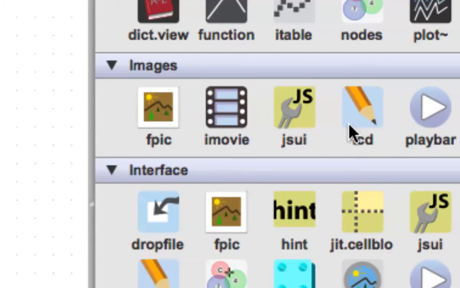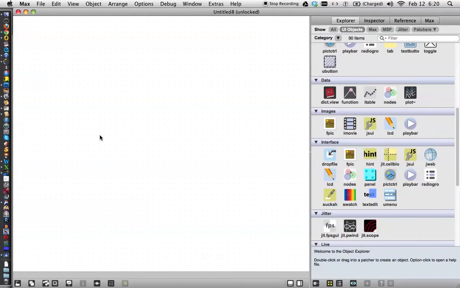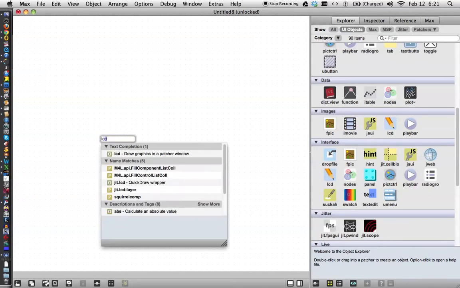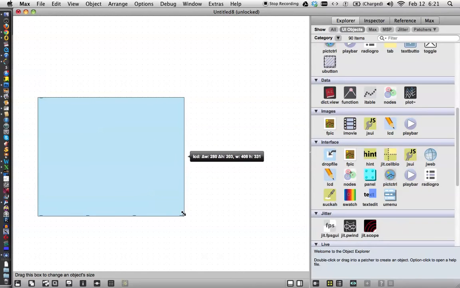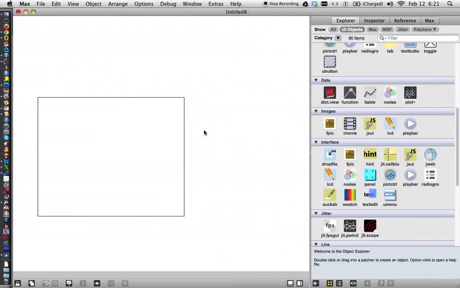You can drag one of those out there, or do as I do, which is click right over here, type N for a new object, and type LCD inside there, and there it is. As soon as you click anywhere else or hit return, it shows up, and you can resize it so you can look at it better. Now, LCD comes preloaded with the ability to track the mouse and paint with it. So let's lock our patcher and draw a beautiful drawing